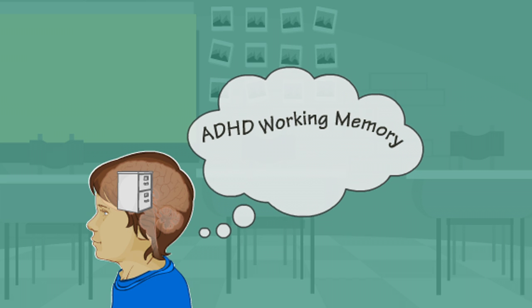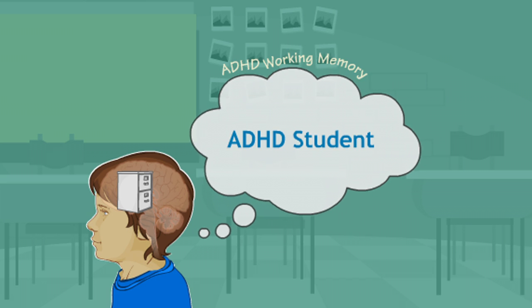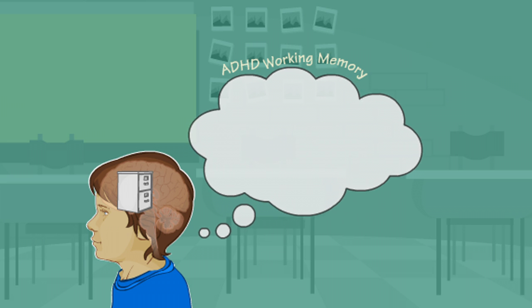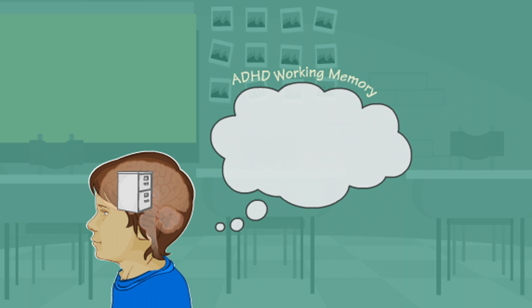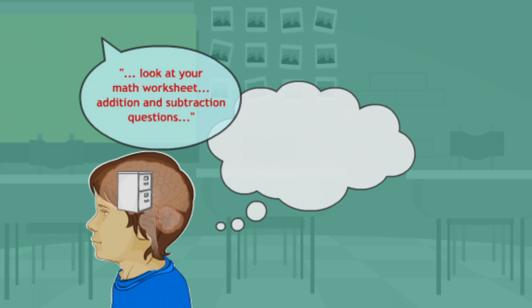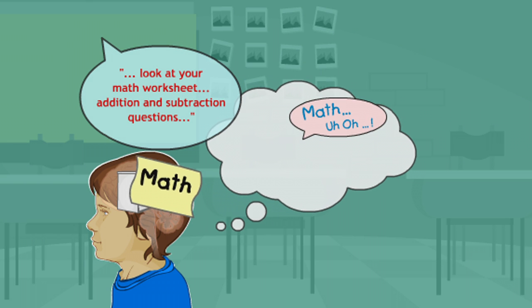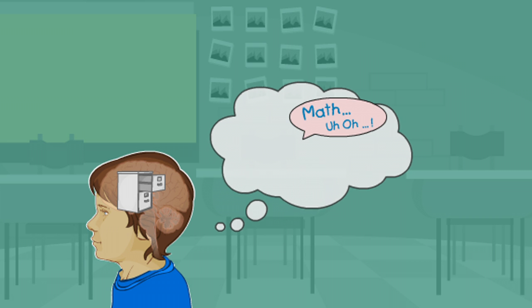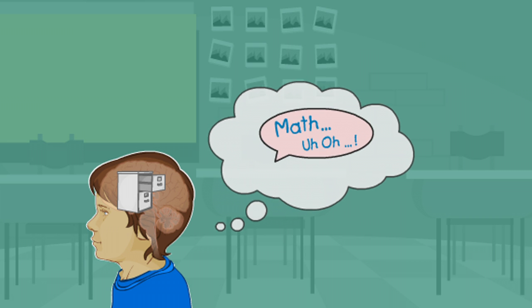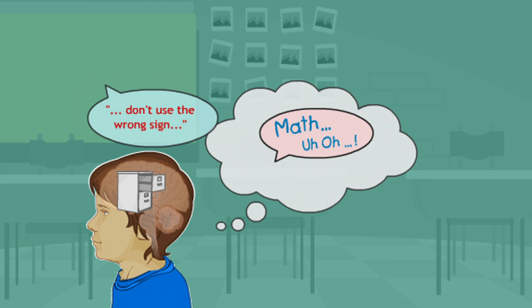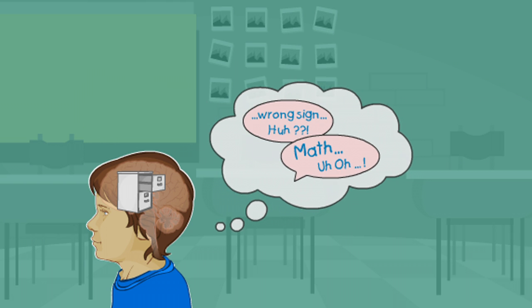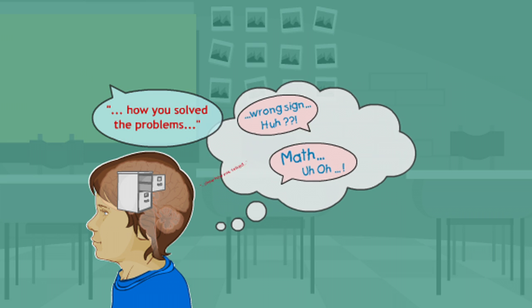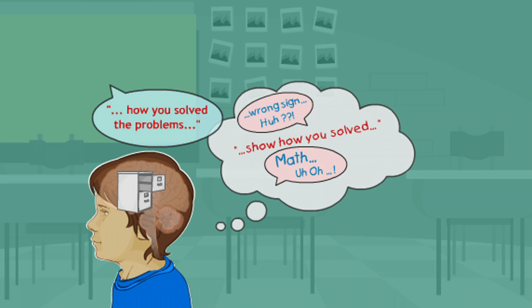This is an illustration of working memory in a student with ADHD. First, it's important to remember that the student with ADHD may have a smaller working memory capacity to begin with. First, the student's affective response to the history of repeated difficulties with math takes up valuable space in working memory. His slower processing speed impedes the translation of complex instruction, so he tries to hold them online verbatim.